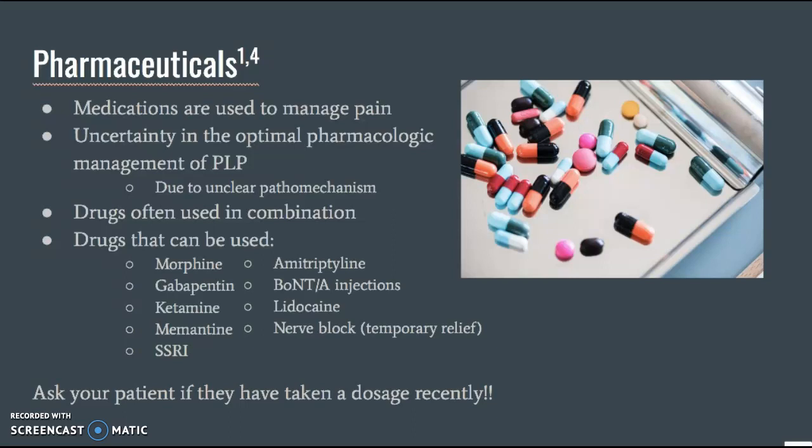Opiates and ketamine have been proven to be effective in reducing phantom limb pain in controlled studies so far. The drugs that can be used for phantom limb pain are listed and include opiates, anticonvulsants, NMDA receptor antagonists, antidepressants, botulinum neurotoxin injections, local anesthetics, and topical analgesics, and even a nerve block for temporary relief. Make sure to ask your patients before treatment if they had recently taken a dosage because this may affect your